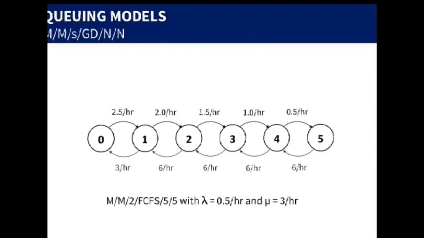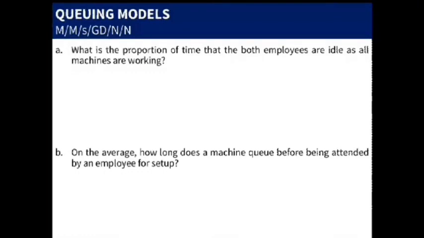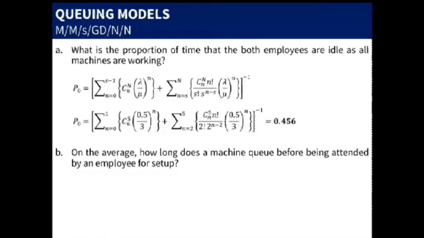This queuing model has Kendall-Lee notation M/M/2/FCFS/5/5 with an individual arrival rate of 0.5 per hour and a service rate of 3 per hour. So for the first question in this problem, what is the proportion of time that both employees are idle, or all machines are working? To answer the question, the corresponding performance measure is P0, or the probability that the queuing system is empty. Using the formulas available, we computed that the probability that the queuing system is empty is